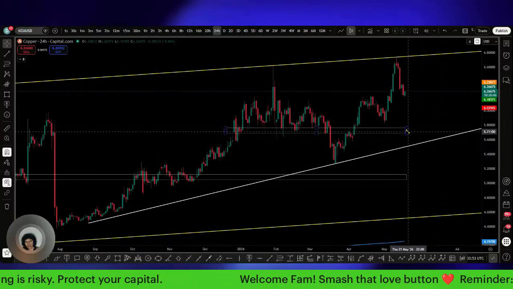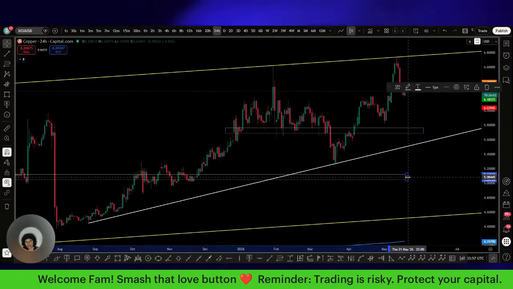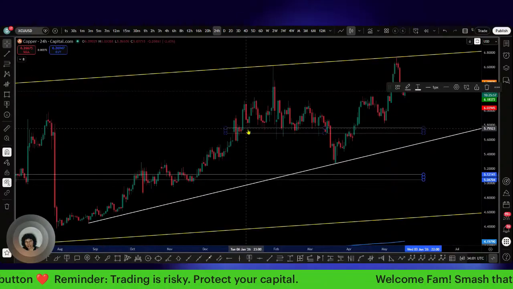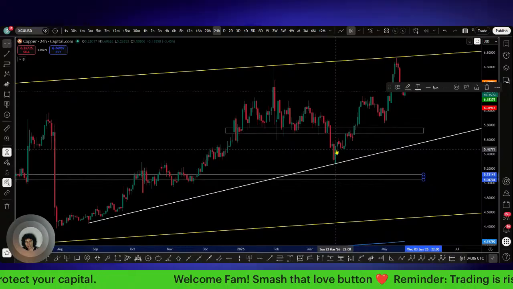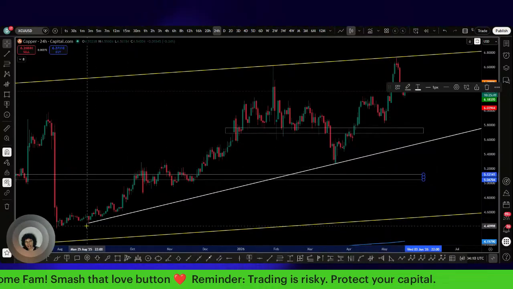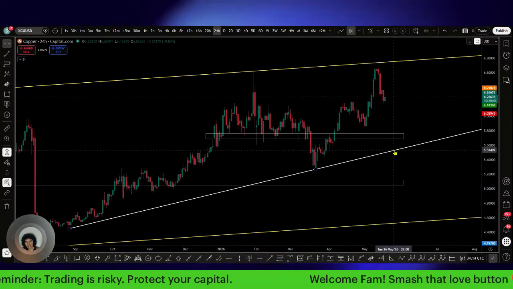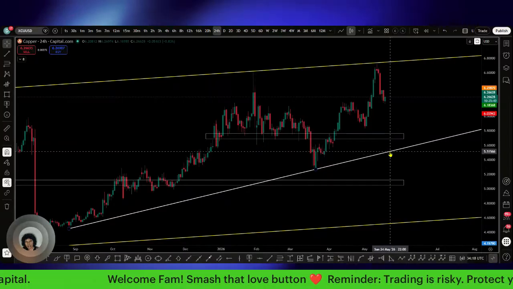Nothing has really changed in here. I mean, maybe this can do something right in here. Really looking at these lows. It didn't really do anything before. It didn't do anything the first time. It may do nothing this time. This new ascending trend line right in here might be a better bet to see if it doesn't work.